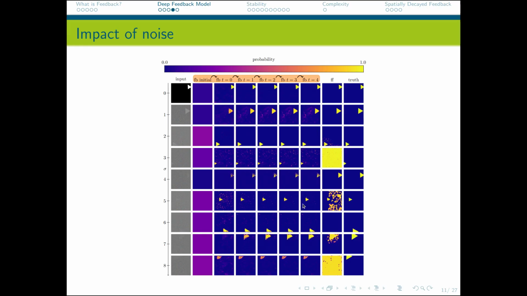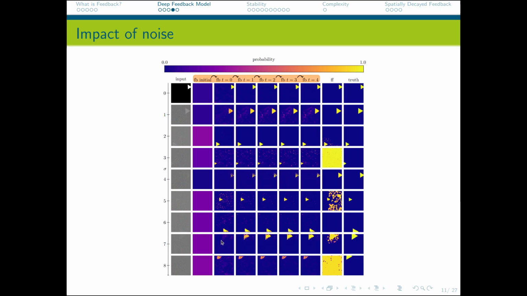And as we increase the levels of noise, we can start seeing that the feed-forward model especially starts to get a degraded performance really quickly, whereas the feedback is able to extract at least a meaningful pattern that matches the ground truth that we have in the last column. I want you to pay special attention to the 7th and the 5th levels of noise,